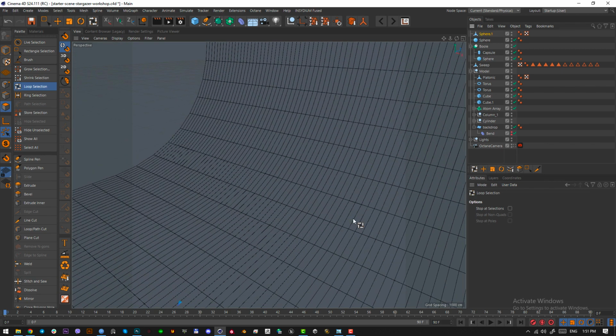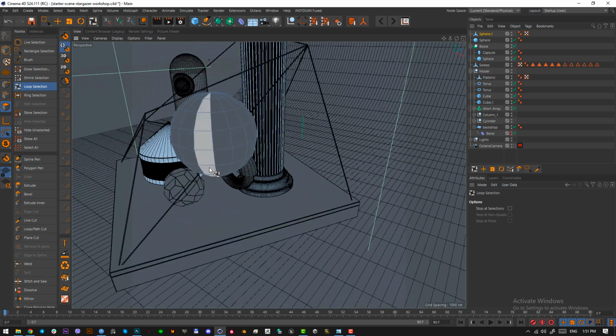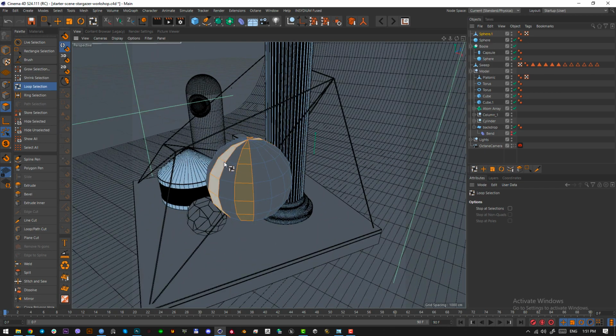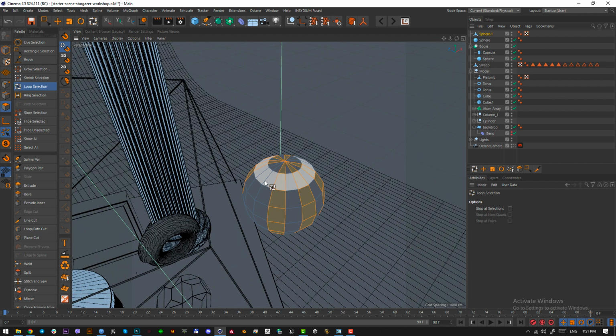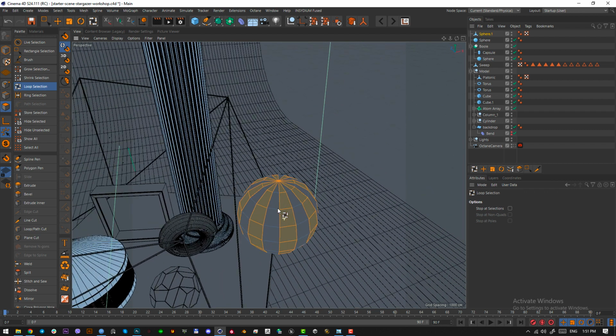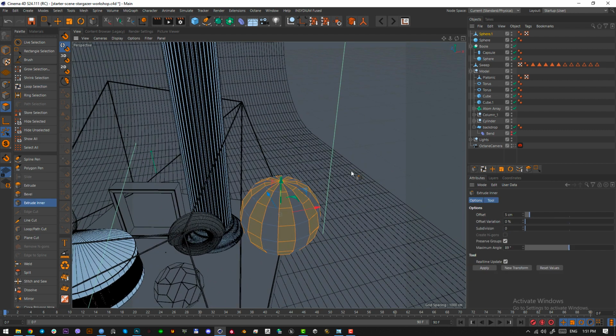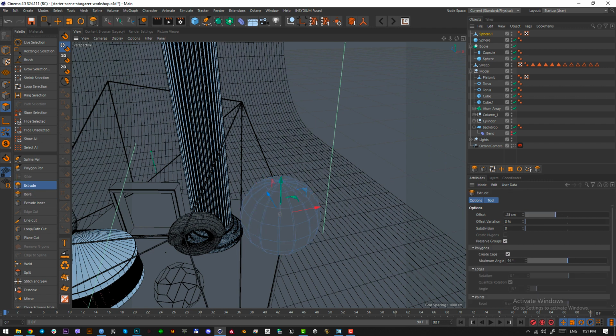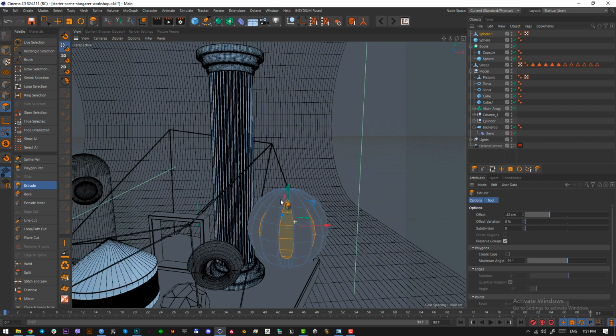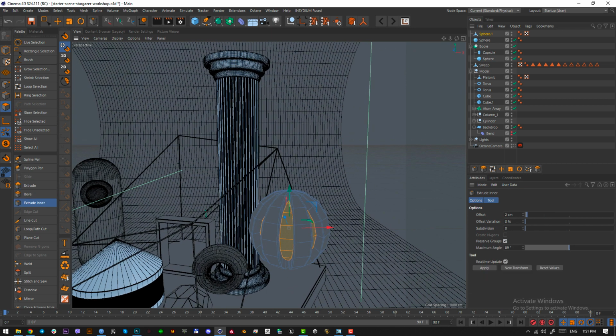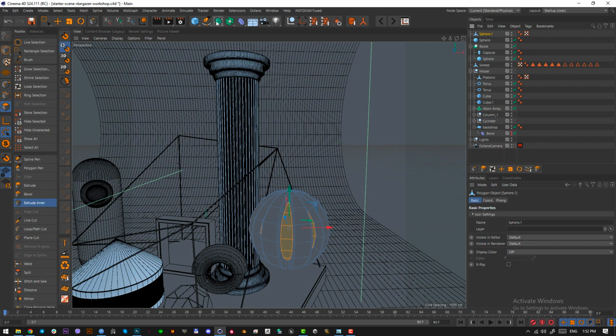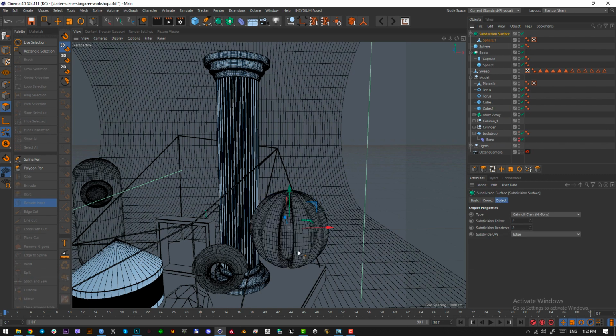Use Alt for the loop selection, leave the camera view, zoom in, and select every other loop selection here. This is perfect. Now what you want to do is press I on your keyboard, inner extrude a bit, and then press D, and then extrude inner, but go to create caps to turn on the caps, and then inner extrude again. Perfect. Now this sphere, hold Alt and click here to add a subdivision surface, and